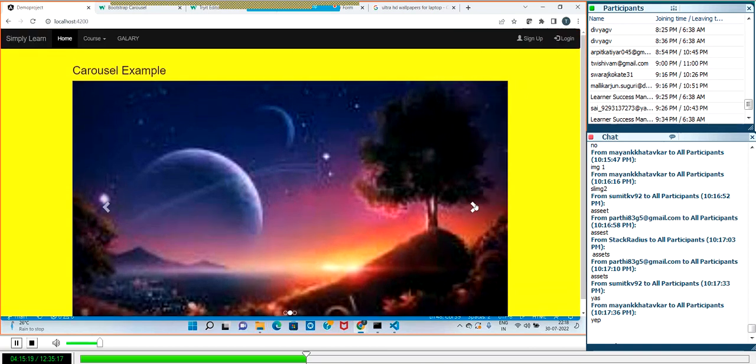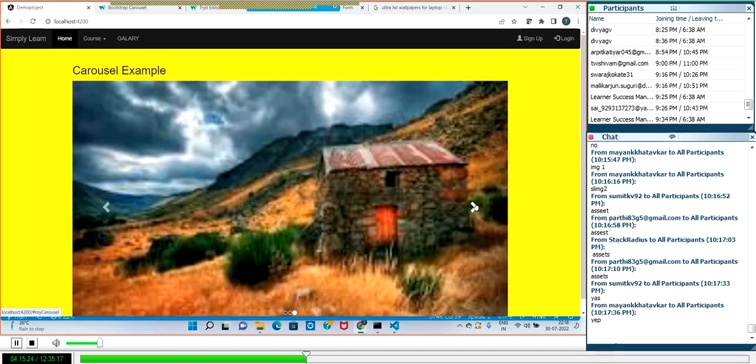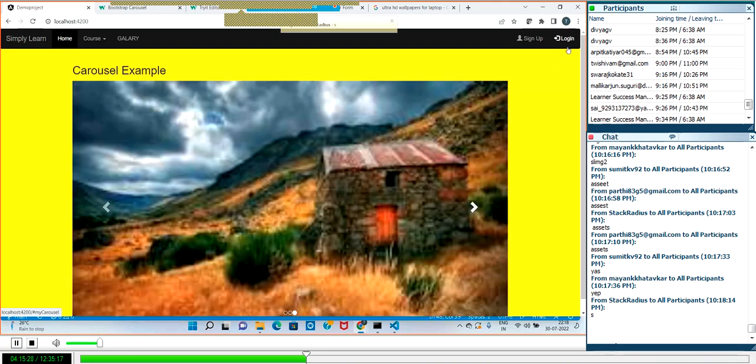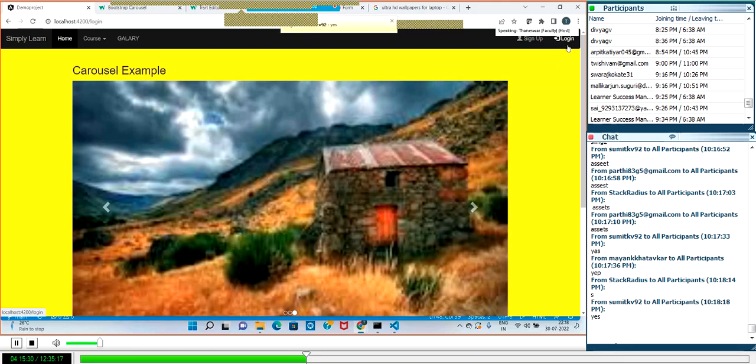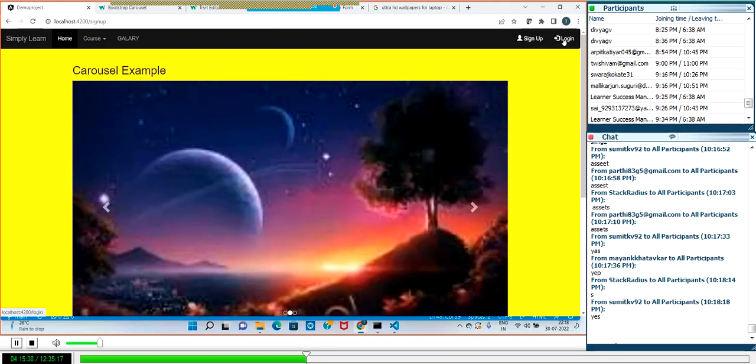Correct? This is coming? Yes or no? See, now if you want to click login, going back to the login page. When I click on login, sign up, it is coming, but it is overlapping that one. Okay, overlapping. What I can do,